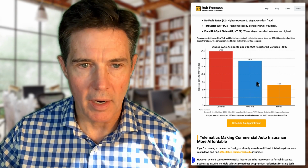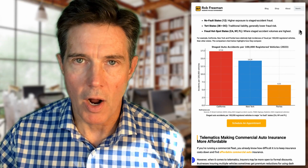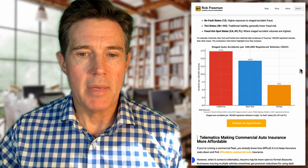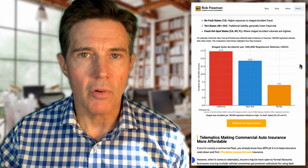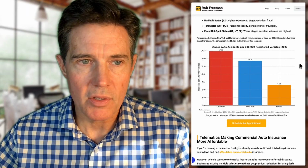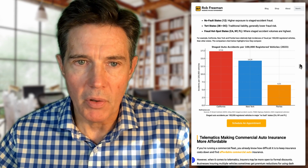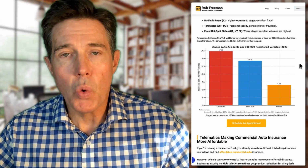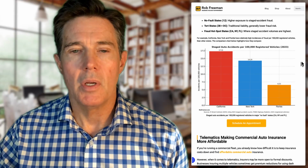So New York is right in there as one of the highest potentially states where fraud is a problem. And these are all what they call no-fault states. What that means is that the insurance company doesn't need to prove liability to be on the hook for medical payments. Whereas in what they call tort states, of which there are 38 plus District of Columbia, that's where you have to prove liability before the insurance company is going to pay for the medical bills and other things like that. But in 12 states, which are no-fault states, of which California, New York, Florida, Michigan, and some other ones,